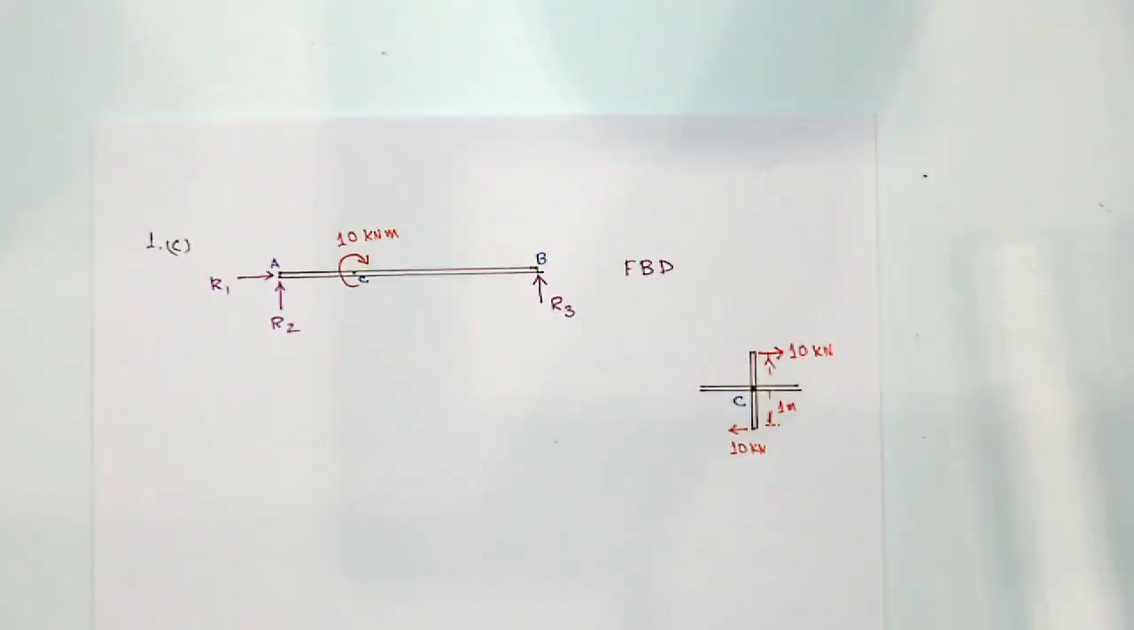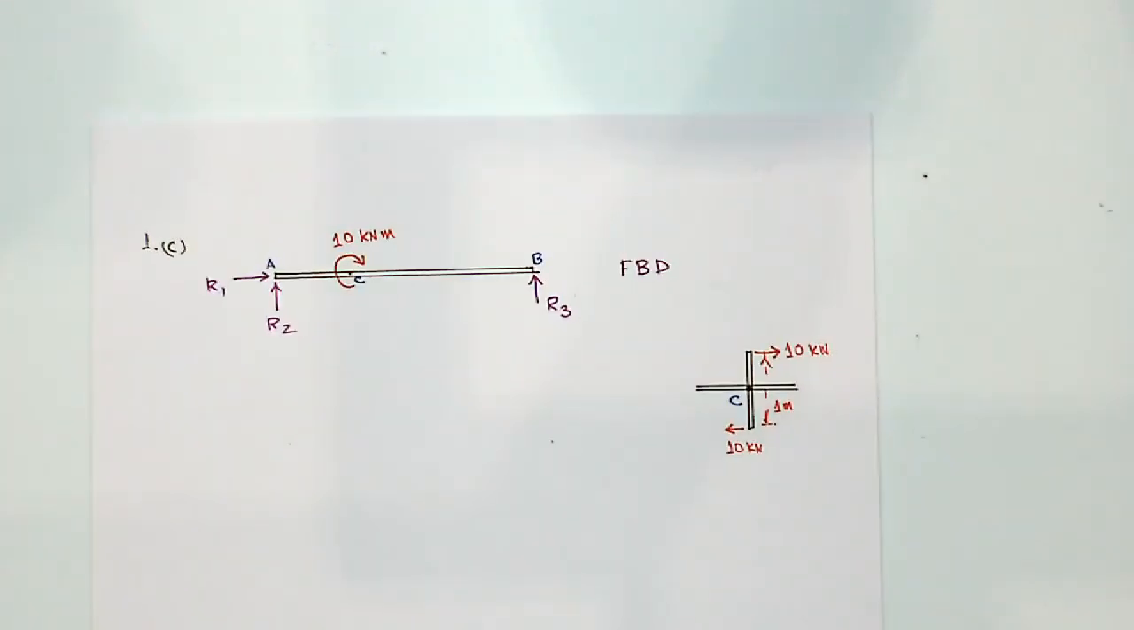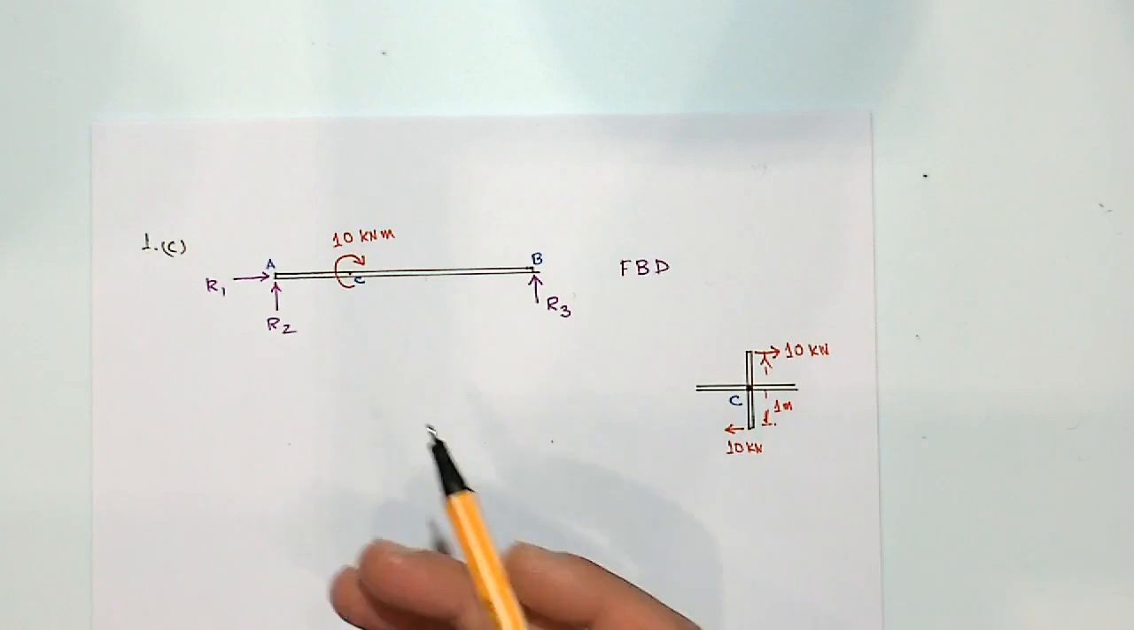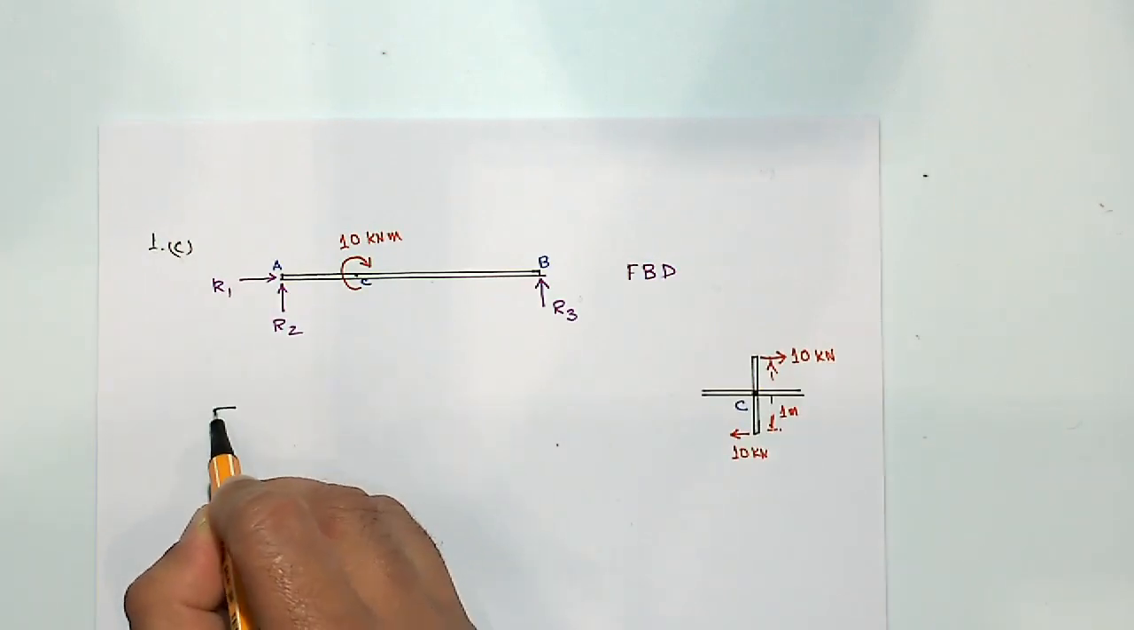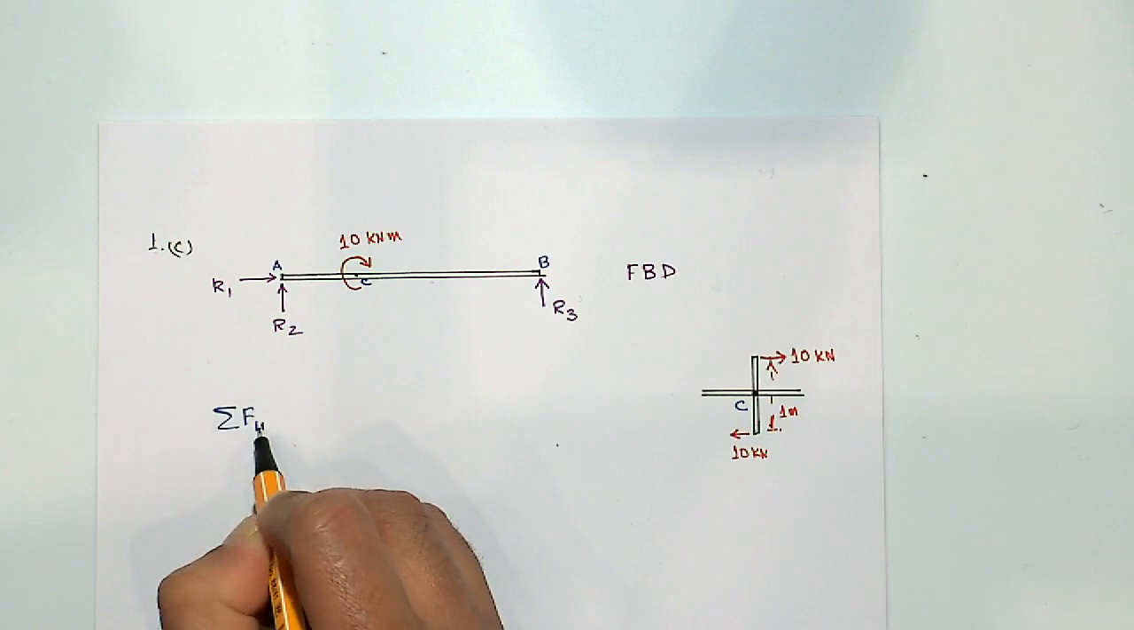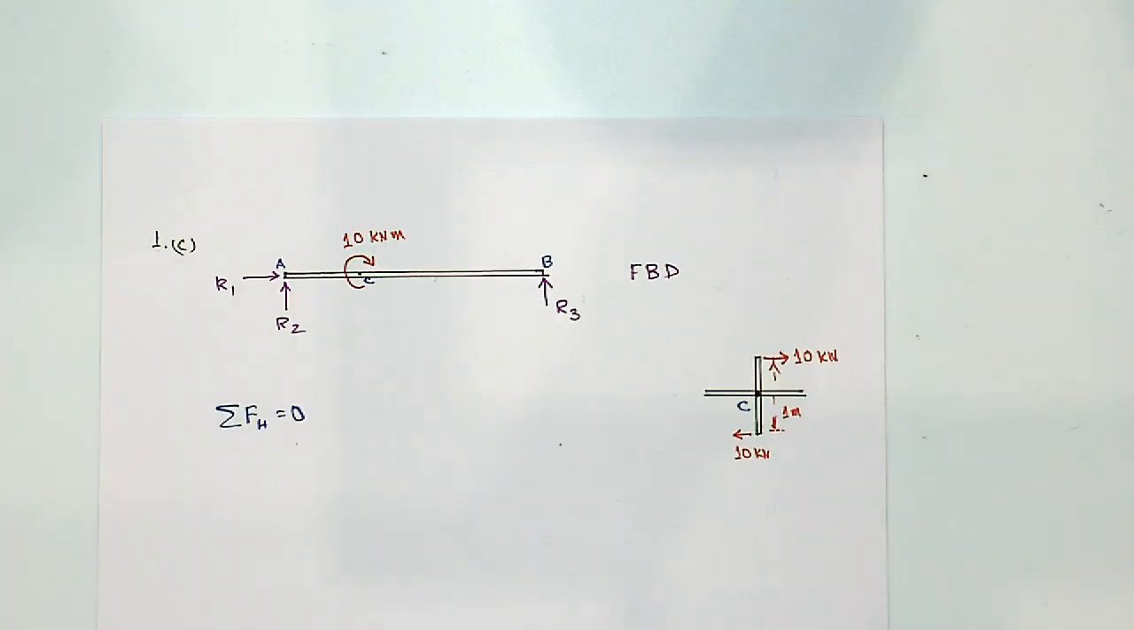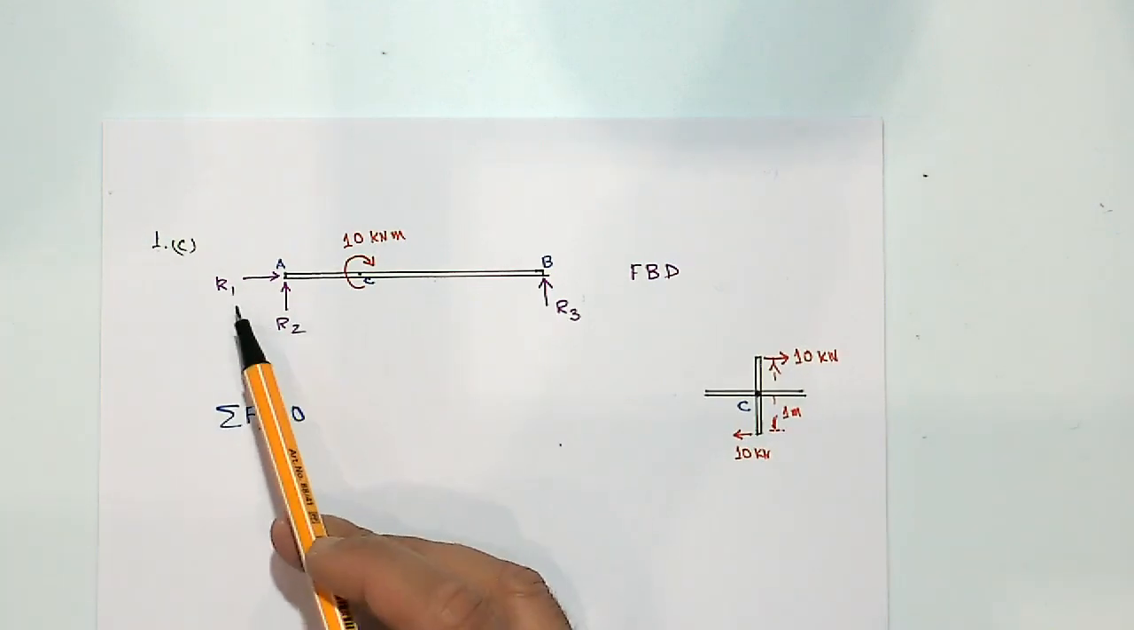But that shouldn't stop us from solving this problem. We can solve this problem using our equilibrium equations. So first thing we do is summation of horizontal forces equals 0. So what are the horizontal forces? Again, there are four